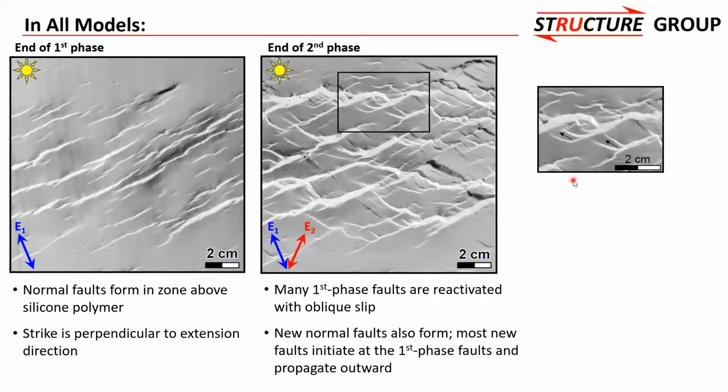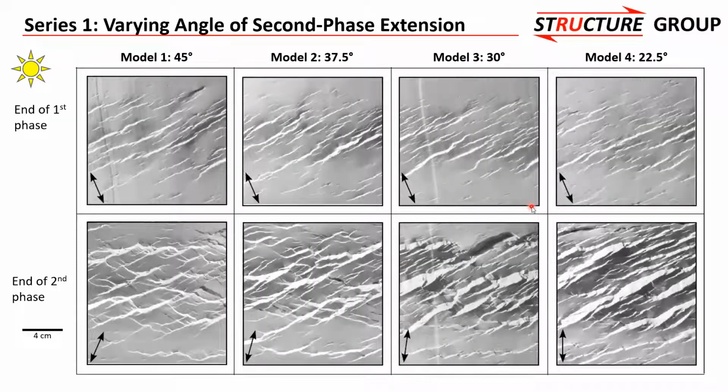So now I'm going to talk about the series 1 models. This is where we vary the angle of second phase extension. We have a series of photographs: the top row is the end of the first phase of 4 models, and the bottom row is the end of the second phase of 4 models. Above each column is an indication of the model and the angle between the first phase and second phase